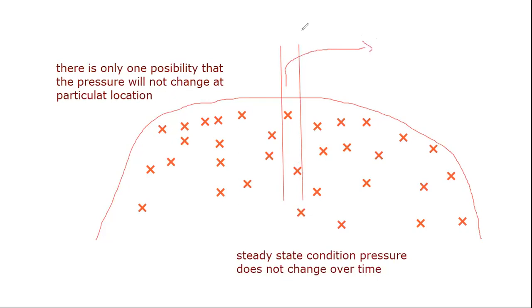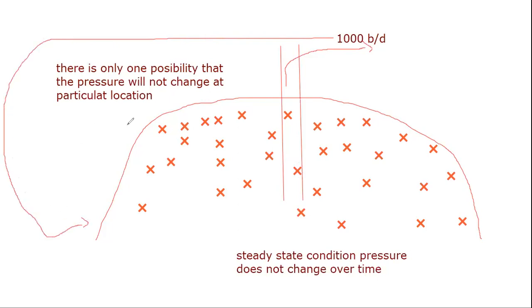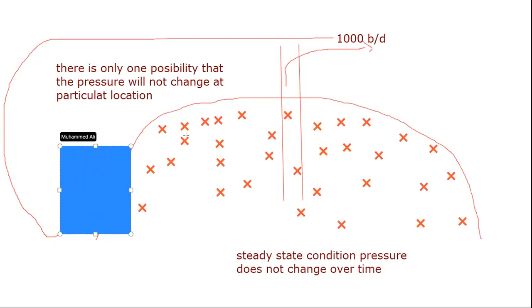Let's say you produce 1000 barrels per day. This 1000 barrels per day is supported by the outside boundary. Maybe you can say there is water here. So the moment you take out this 1000 barrels, 1000 barrels will move, will jump in here